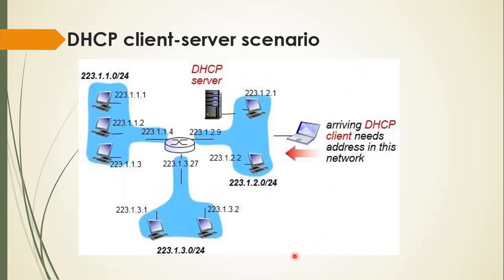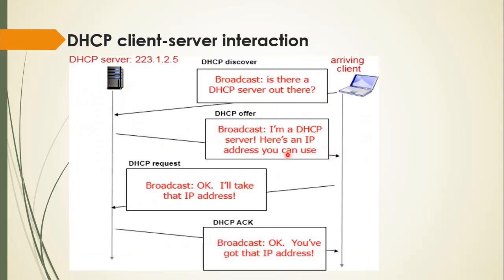So in this diagram we already have this many devices and they have IP addresses. These are provided by the DHCP server only. Now all these devices have their IP addresses. Now this device is newly arriving, so this procedure is performed. It asks the DHCP server for an IP address. The DHCP server provides the IP address, then the client accepts it and DHCP gives the acknowledgement, you have got this IP address. Like this, the DHCP server provides IP addresses to all the devices in the network.